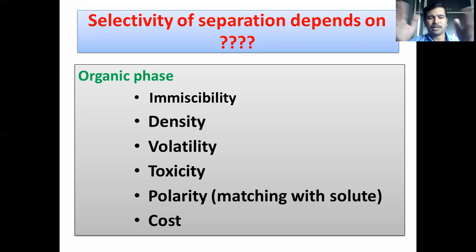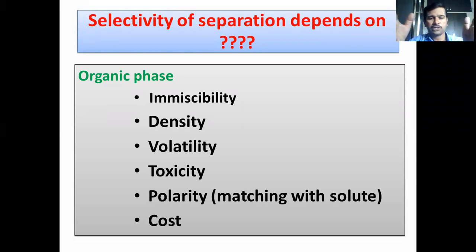Less volatile solvents are not preferred, because we are going to use larger volumes of organic solvents in liquid extraction, and we intend to procure the analyte by the evaporation process. If the solvent is more volatile, evaporation will become very easy. We need not heat the compound to a higher temperature, because the limitation of heating the solution of organic solvent and solute at higher temperature is that it leads to thermal degradation.